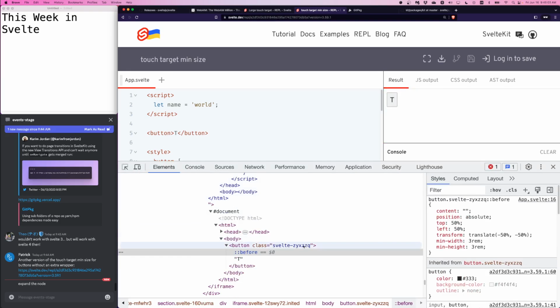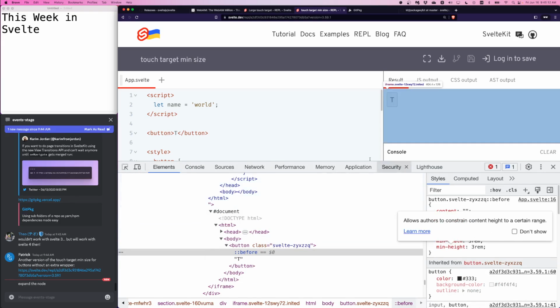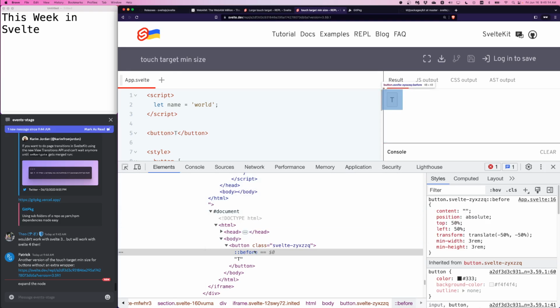Very cool. So we have a pseudo element with translate 50%, top left 50%, and a min height and width of 3 rem. That is very elegant. Very, very nice. Thank you for sharing. I'll add that to the YouTube description as well. Moving on to